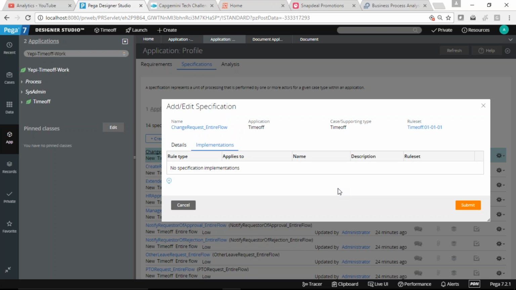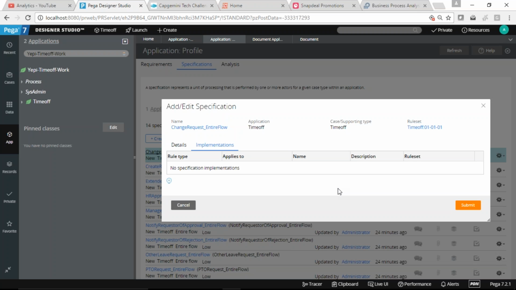Does Pega have its own database? Yes, Pega has its own database. Everything, all the rules, you can see here, is stored in the database only. No, actually we are not using Pega's database, so we have to integrate with some other system. I think that is the reason they are not using Pega's requirement and specification application profile.